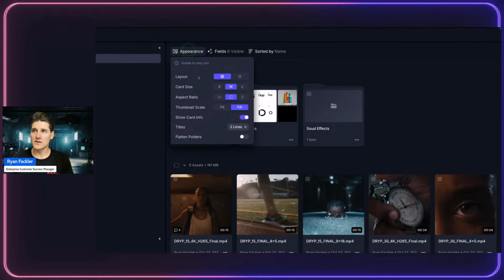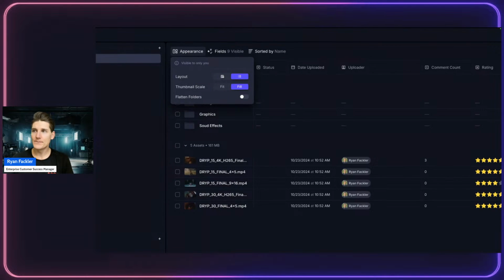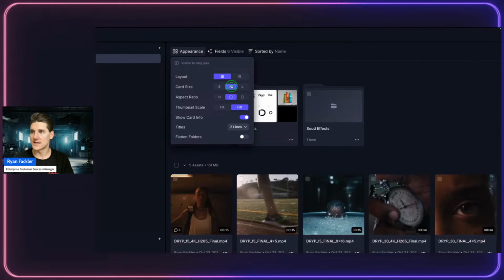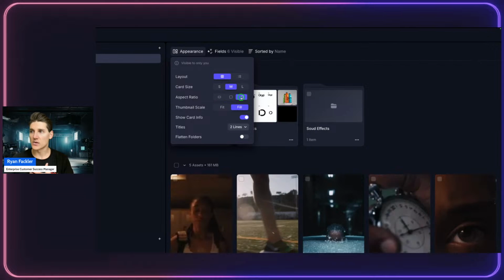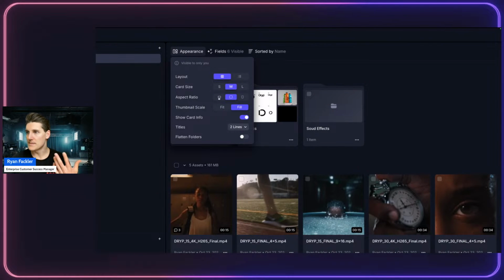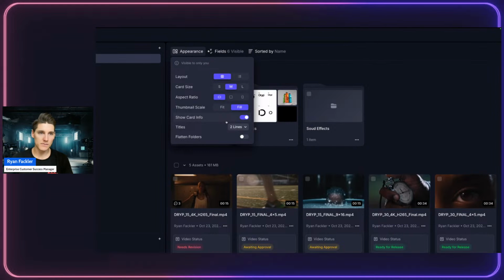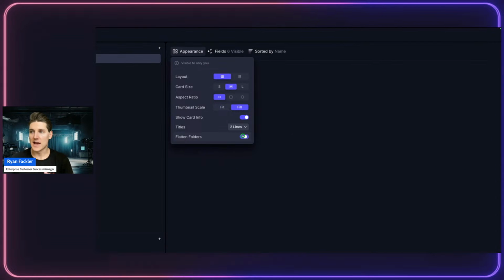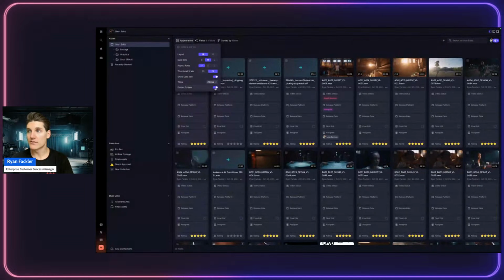I can adjust the appearance of how I view content, either in thumbnail or list format. I also can adjust the card size, ranging from small, medium to large, just the size that I see my content. I also can adjust the aspect ratio, especially if I have content that's more optimized to view for social media, for example, or how it will look on a device. I also can adjust the thumbnail and I can flatten all of my folders to reveal every single asset within